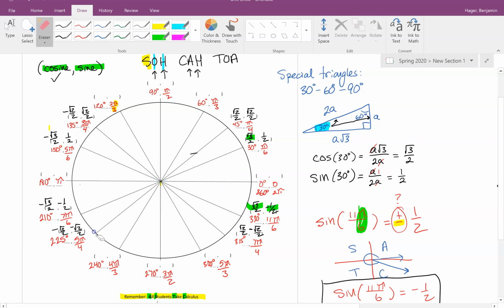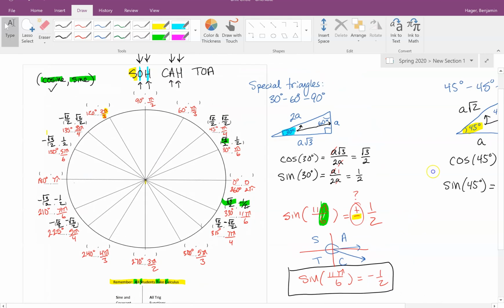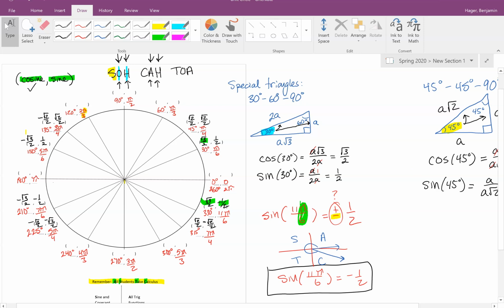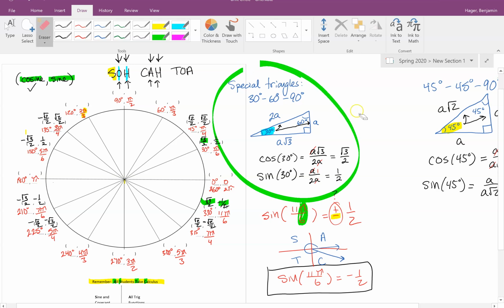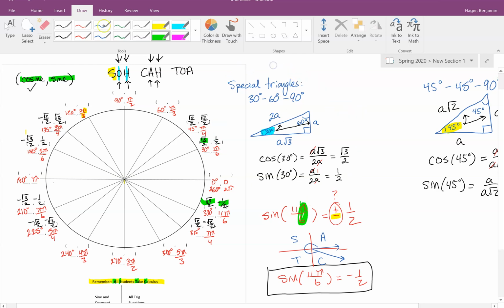All right, I hope you're starting to see how we can kind of speed this up. Let's do the last one here. Let's do the 60-degree angle. Now, if I'm standing on a 60-degree angle, it's the same. I'm still using my 30, 60, 90 special triangle. It's just that now I'm standing at 60 degrees. That's where I'm standing. So if I want cosine of 60 degrees,